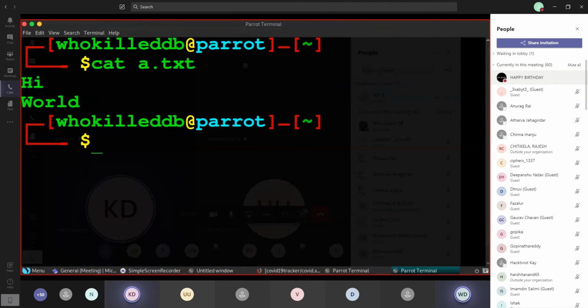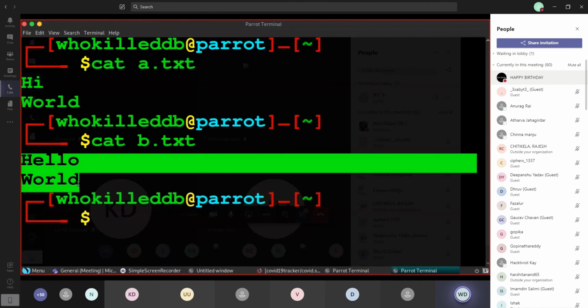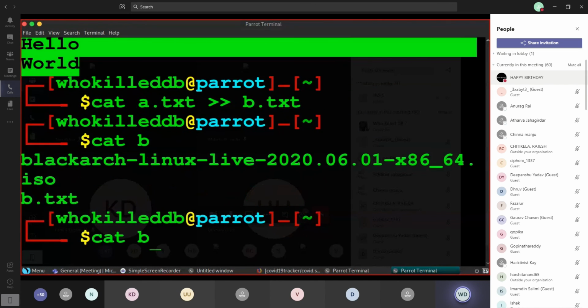So okay, got it. I'll add another complexity to your question. See, b.txt has something, right? We want to add hi world after this. Like we want this hello world part to stay, and we want to add after it. What we do is cat a.txt, we use the double arrows, to add to b.txt. And if we now view b.txt,